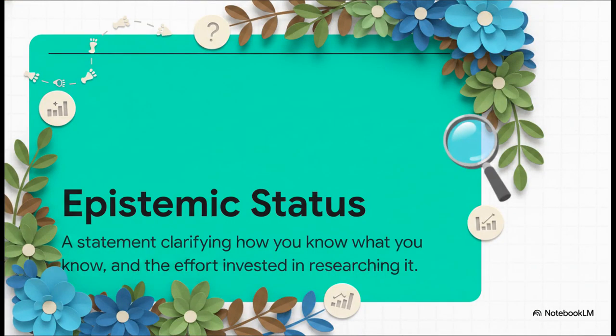Other pioneers in this space, like the writer Gwern, take that transparency a step further using an epistemic status. Basically, this is a short statement or a metadata tag that explicitly tells the reader how sure you are about an idea and exactly how much effort you put into researching it. This feeds perfectly into our growing modern desire for radical transparency, right? It gives us clear breadcrumbs back to the source and tells us the overall strength of your ideas.